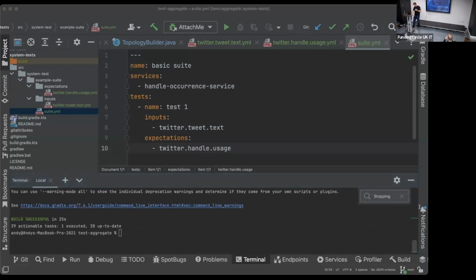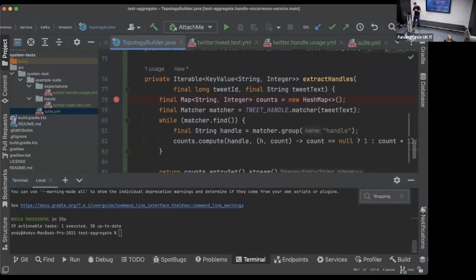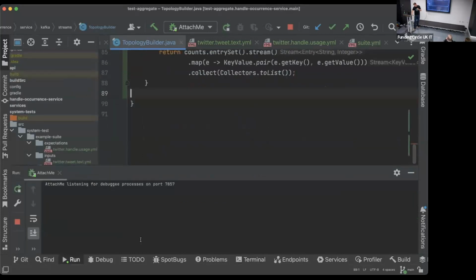But what I want to show is also that you can set a breakpoint. So let's put a breakpoint in the extract handles method. I need to run a little plugin called Attach Me. I don't know if anyone's aware of this plugin. It's actually by JetBrains, the authors of IntelliJ. It's a really useful little plugin. It basically makes IntelliJ listen for incoming connections to the debugger as opposed to outgoing connections only. So we run that, and then